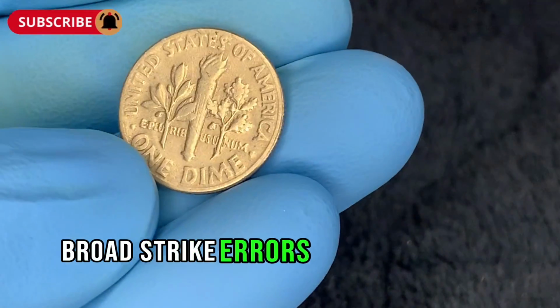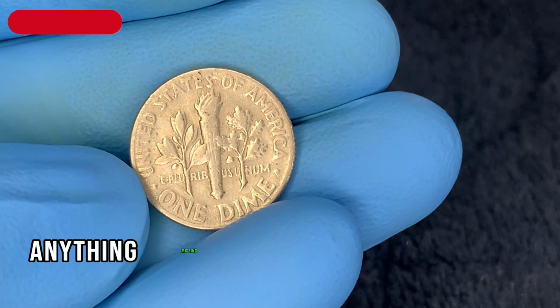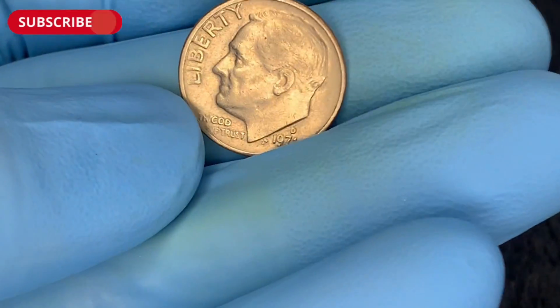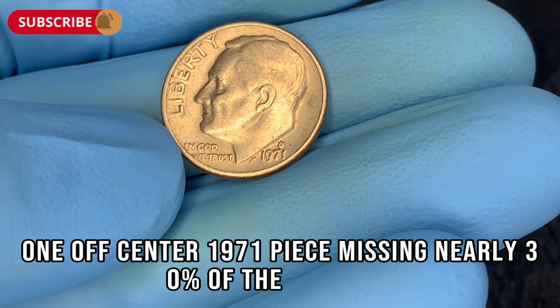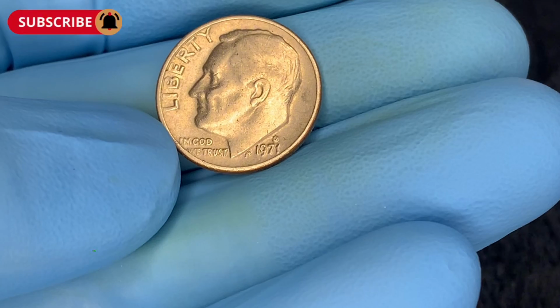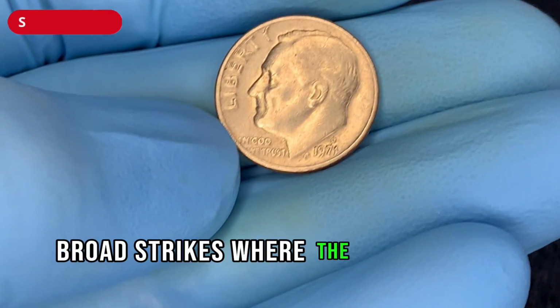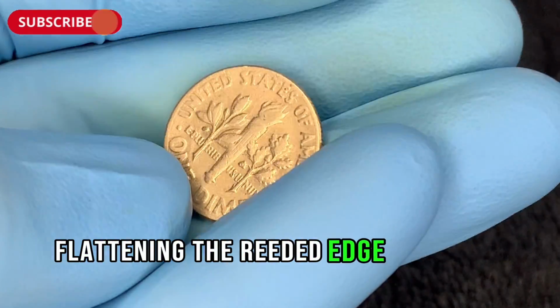Broad strike errors and off-center strikes remain highlights for many collectors. Anything missing more than a millimeter of the design is rare on a modern dime. One off-center 1971 piece, missing nearly 30% of the portrait, realized $1,100 when offered privately after being found in a dealer's pick-through box. Broad strikes, where the coin flares slightly beyond the collar, flattening the reeded edge, are more common